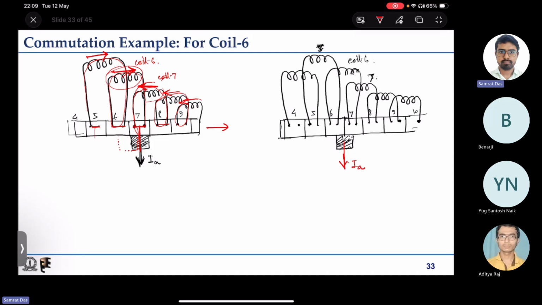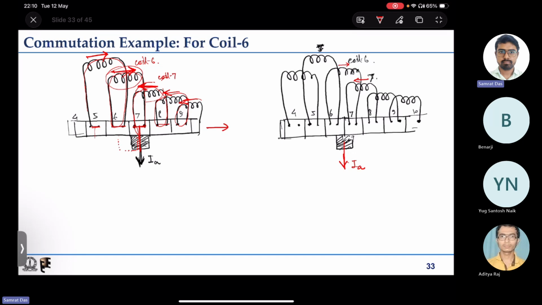Okay. So even before that, just when it starts touching, till now, coil 6 is carrying current like this. Coil 7 is carrying current like this. Now, as it starts touching the sixth one and seventh one, what will happen? One of the currents will reduce, another current will increase, right? So this fifth one, okay. So before that,